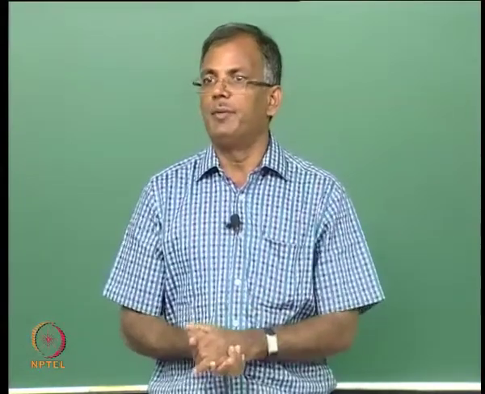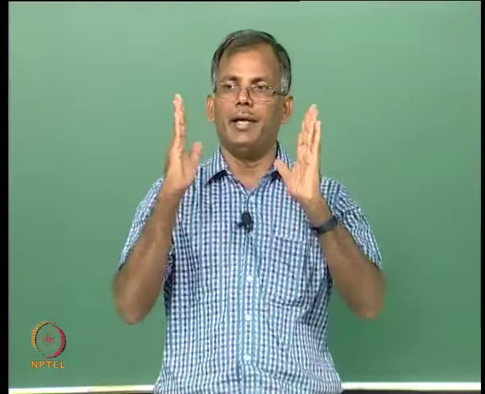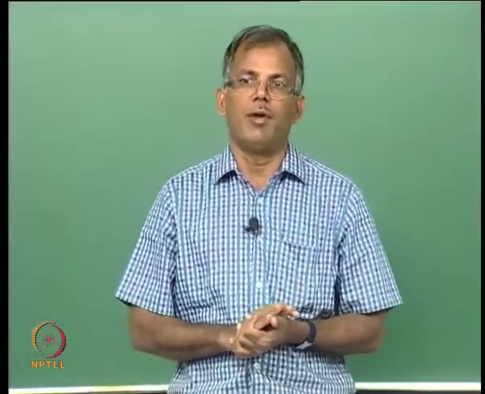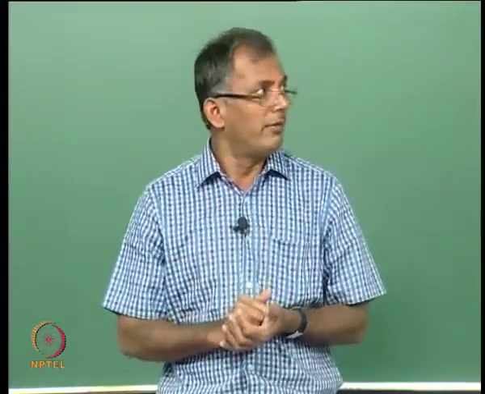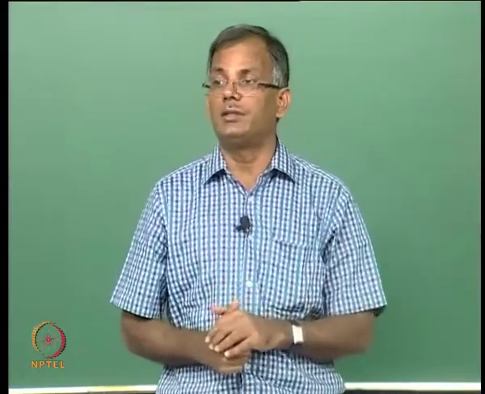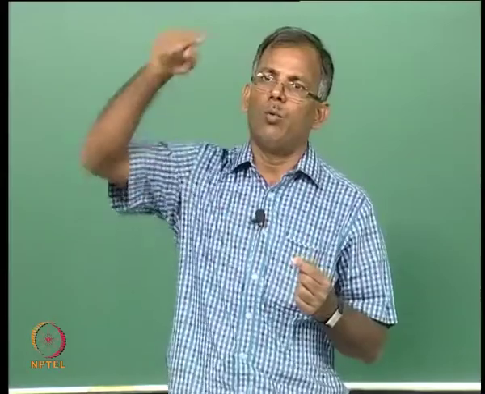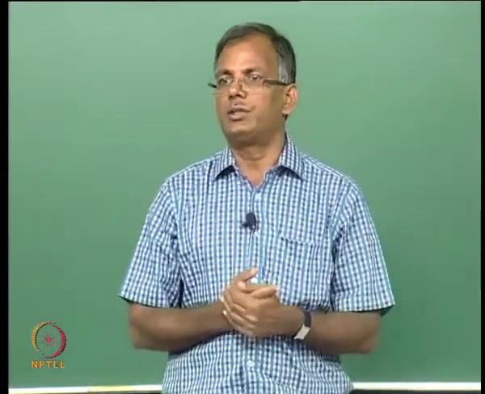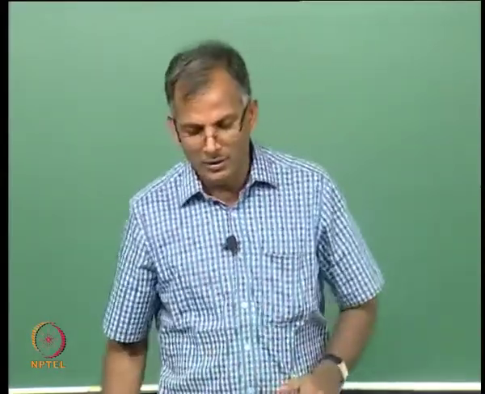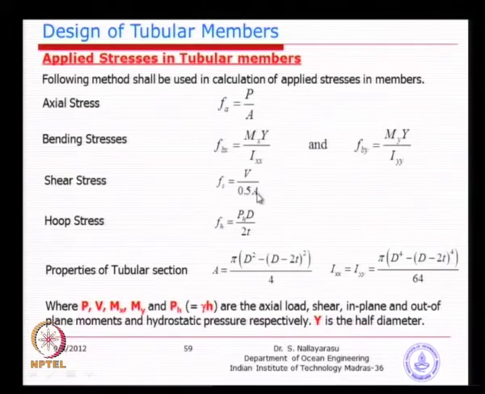Same 50% area will be on the web side, 50% area will be on the flange side, but that is only the crude way of explanation. You actually need to integrate the circular section like what we did a few slides back. You need to integrate the 1/4 of the circle for shear stress distribution. You will get actually 50% of the area is effective in vertical shear, 50% of the area is effective in horizontal shear. And then you have the hoop stress.